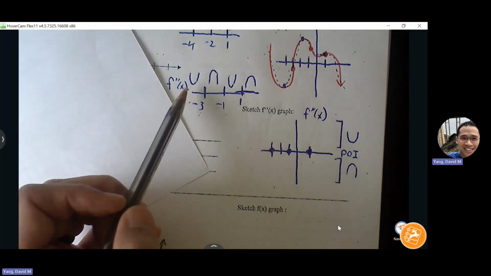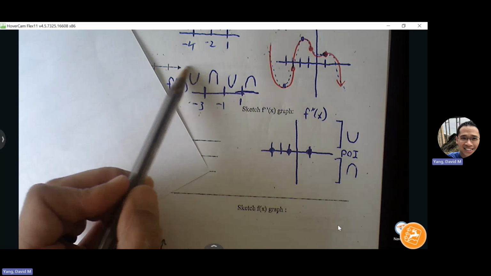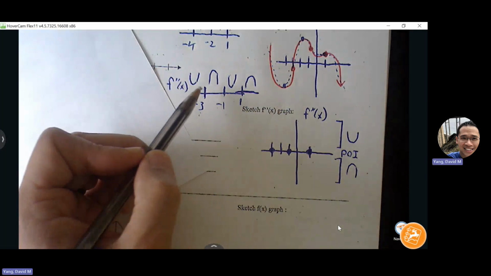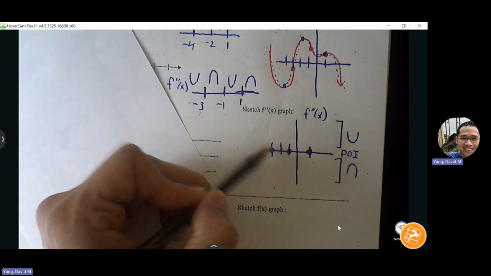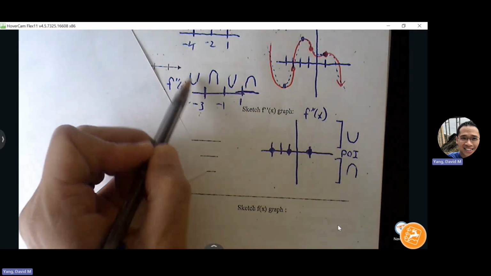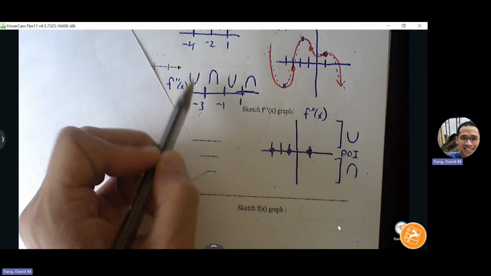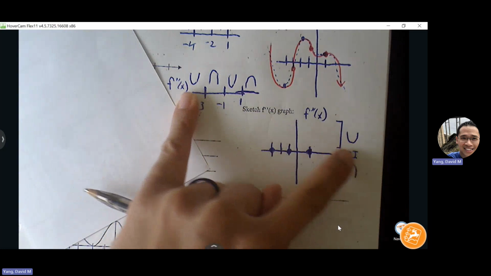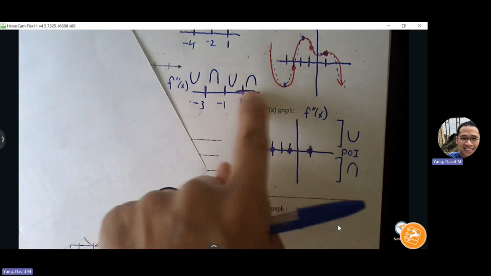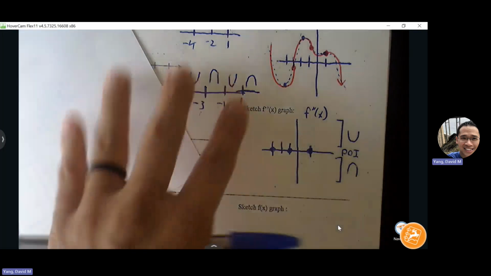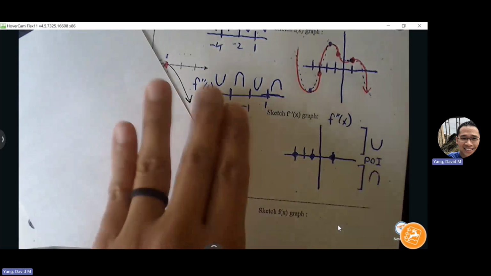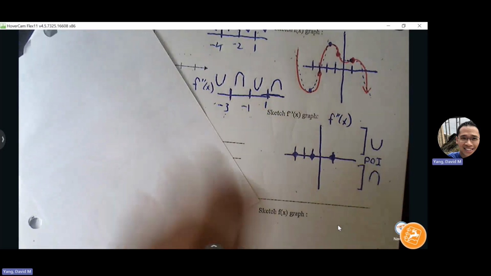Okay, where do we want the graph to live to the left of -3? Above. Okay. Now, you're just going to make a straight line down. I know you're going to be tempted to make the graph look like this shape, but understand that this shape is just to show that it needs to live above the x-axis. You're not going to make the graph look like these shapes because these shapes are coming from the original graph. Those shapes are just for us to name concave up, concave down, but